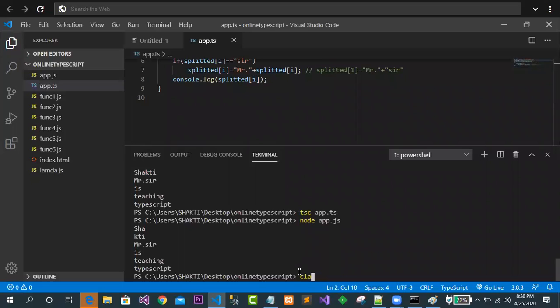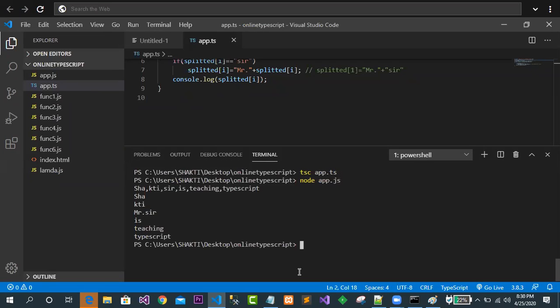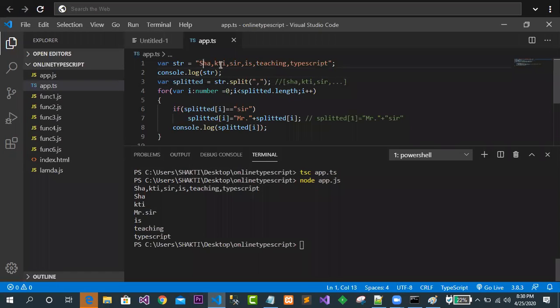Don't be confused, clear? In this case, simply I am writing app.ts. How do we run it? Simply I will write the command node app.js. Just see, sha comma kti comma sakti. This is a string because we have given a comma to it.